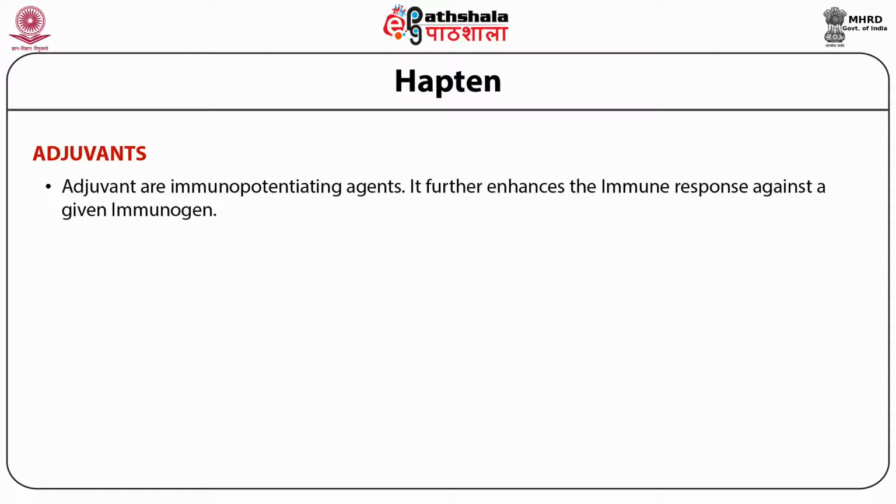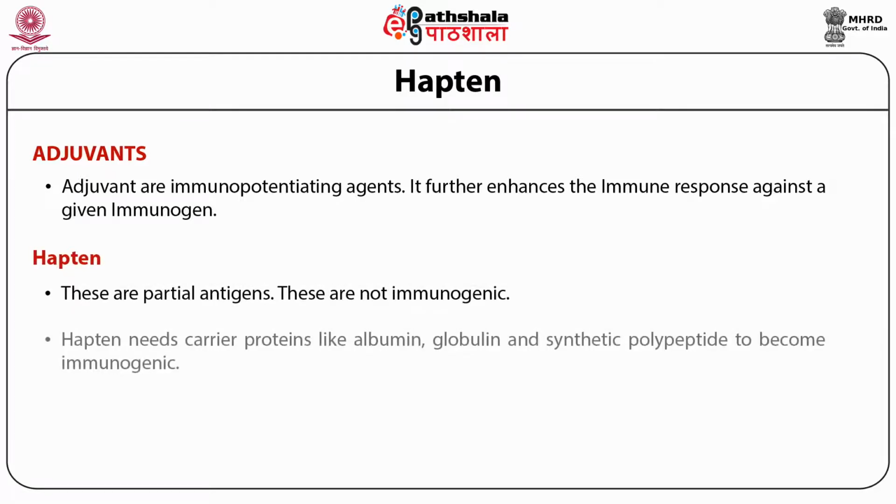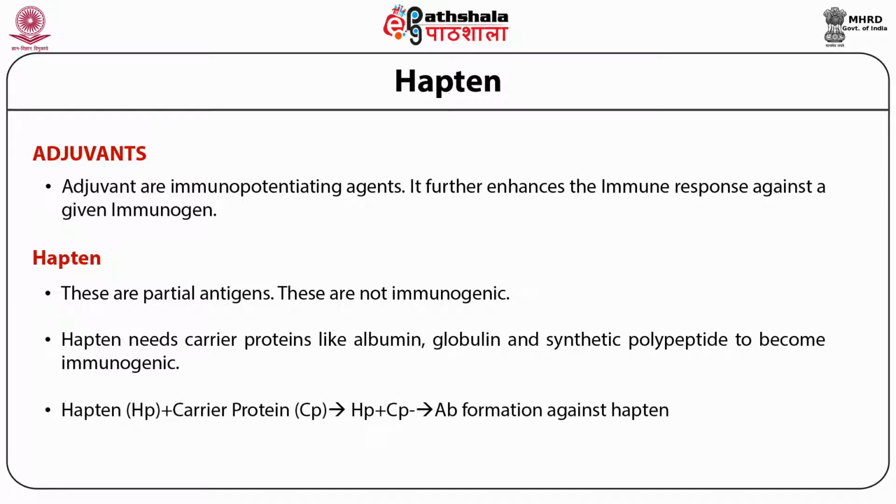That's how most of the adjuvants play a major role in inducing the immune response to a given vaccine. I already told you in the beginning there are certain small molecules, less than 500 daltons. You cannot induce immunogenicity unless you link them with a carrier. These are called haptens. Once you generate an antibody to the hapten molecule, they bind with the antibody molecules, so that you can use it for various immunological purposes.